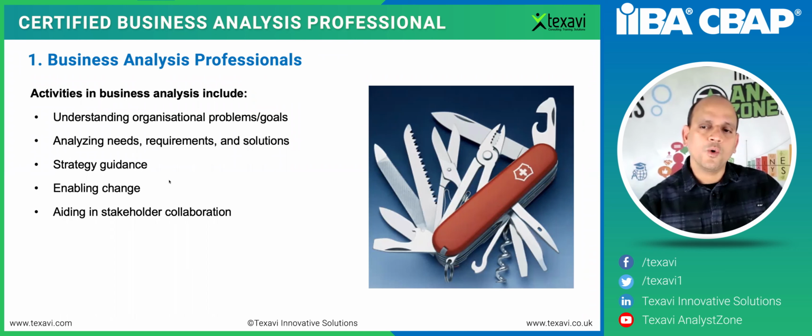And these are the core activities. This analogy is what I would always try and give to people. We are like the Swiss Army knife. We are the Victorinox of the products. So you should be able to play different roles and different avatars depending on the need, depending on where you are, which life cycle stage you are operating in.